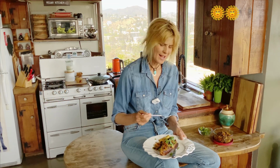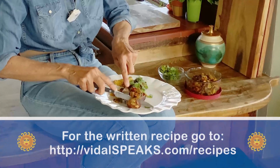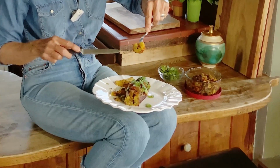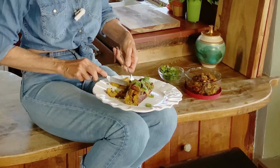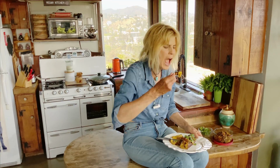So to me, this is an incredible recipe because it's so sweet from the plantain and so salty and spicy and flavorful. And look how soft that plantain is. Look, maybe I'll cut the end so you can see. Do you see how soft that is? And look at how nice and soft, and you can see all the caramelization and sugar inside that plantain. And then you just take a piece of that with the filling and a piece of cilantro. That's